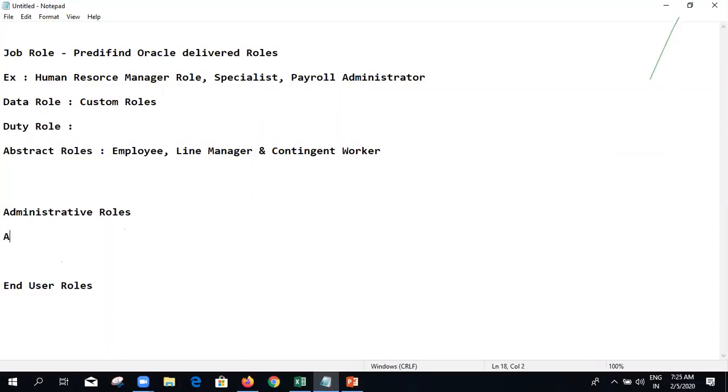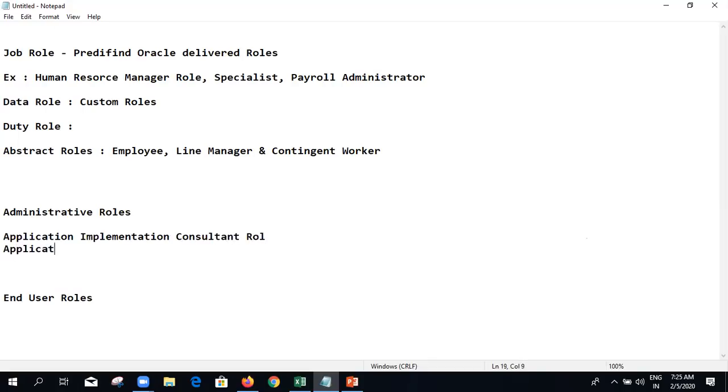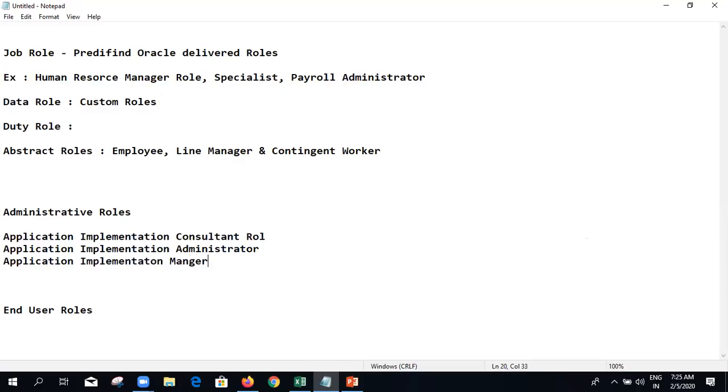We should be assigned certain roles: Application Implementation Consultant, Application Implementation Administrator, and Application Implementation Manager.